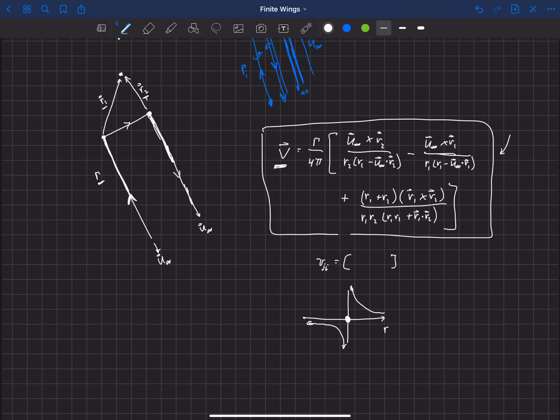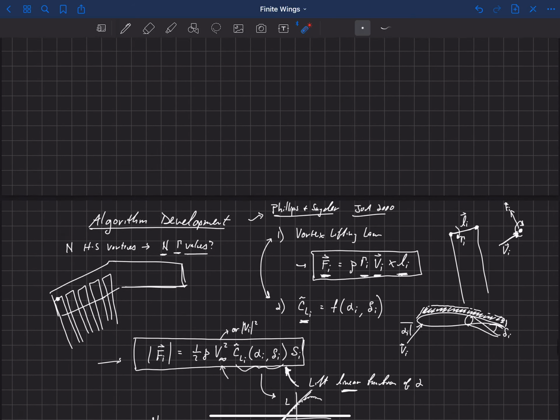Okay. Now, if you leave this term in and try to compute the influence of a segment on a control point that lies on that segment, you will probably get a non-zero value, because you're going to have some numerical round off due to computer precision. So it's best just to neglect this. Anytime I equals j, you just neglect this term. We're not violating any laws here. We're just saying this really should be 0, and so we force it to be 0 by neglecting it rather than playing with any numerical round off in there.